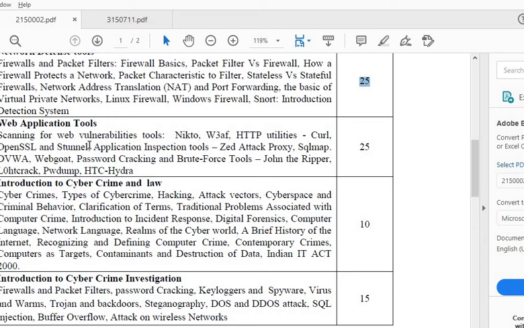Now, there are different web application vulnerability scanning tools available in the market, through which you can identify different vulnerabilities in web application servers, like corrupted files and some of the server configurations.